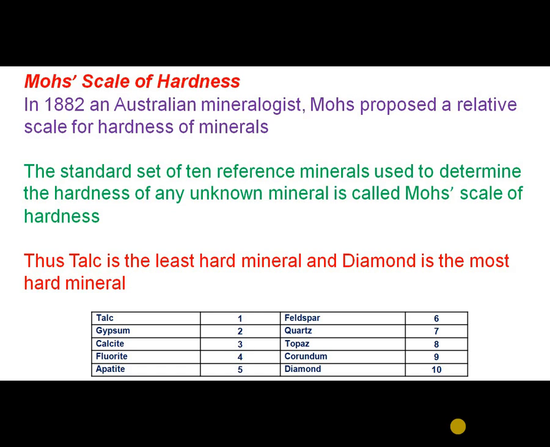So, an unknown mineral is taken and that is to be abraded by two minerals so that we can calculate the hardness. Hence, talc hardness is calculated as 1, gypsum 2, calcite 3, fluorite 4, apatite 5, feldspar 6, quartz 7, topaz 8, corundum 9 and diamond 10. This is the highest hardness. So, no mineral exhibits more than